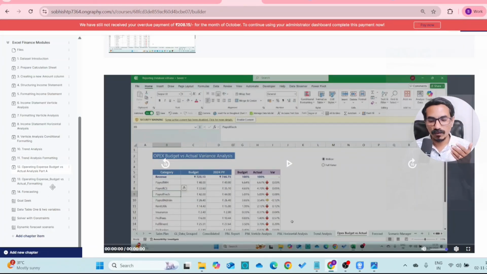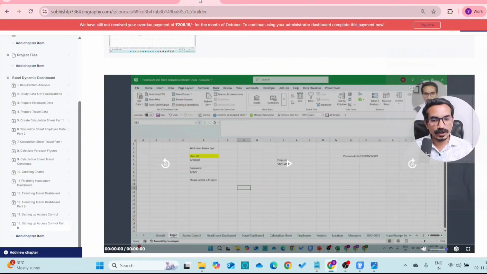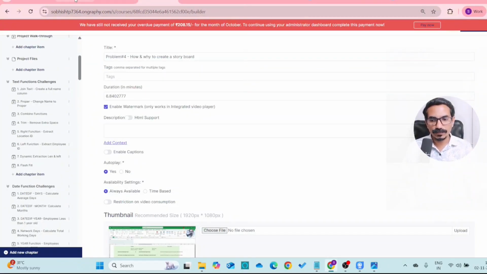How do you use Solver with the constraints? How do you build the dynamic forecast scenarios? Because simple what-if tools will not help you in the real world to build a dynamic forecast scenario. So how do you arrange your data, and how do you build dynamic forecast, multiple forecast scenarios? And this is completely focused on different approaches to analyze your financial performance. Okay, so after this module, and this is basically module 4,